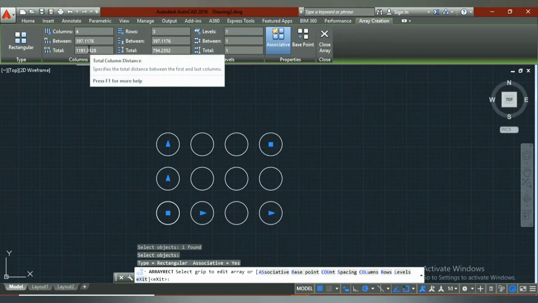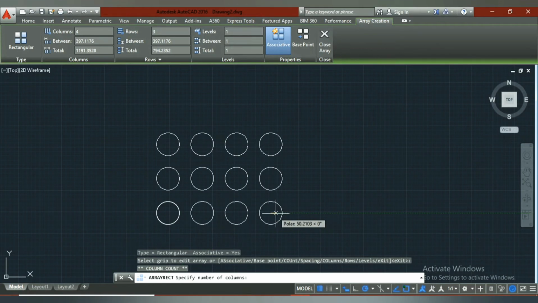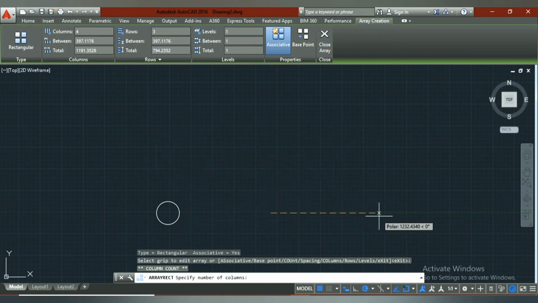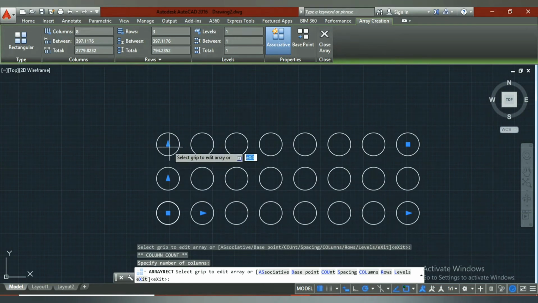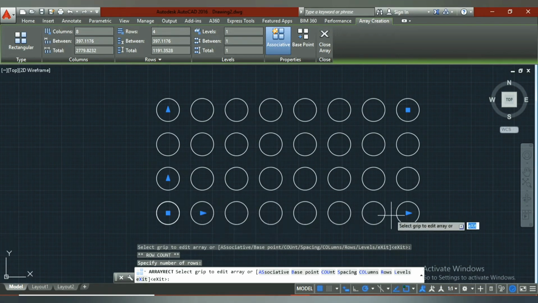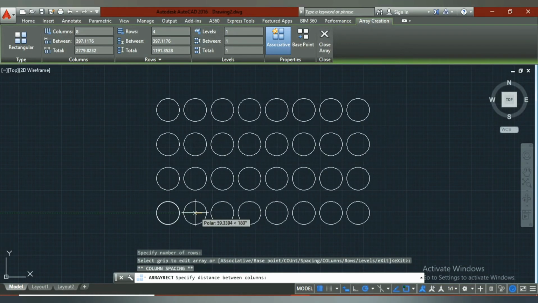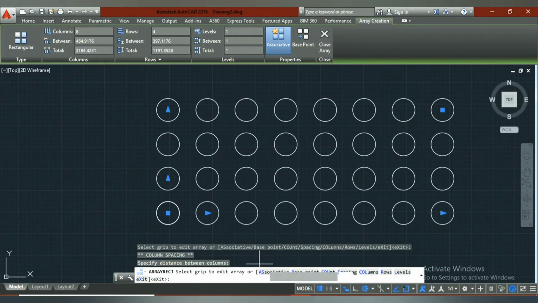So there are two methods of forming columns and rows here. The first is you can just select this arrow and drag it and leave it at how many columns you want, just leaving here. And I can also increase the number of rows from here. And the distance between the two objects can also be minimized or maximized from here. So from here I can just minimize.